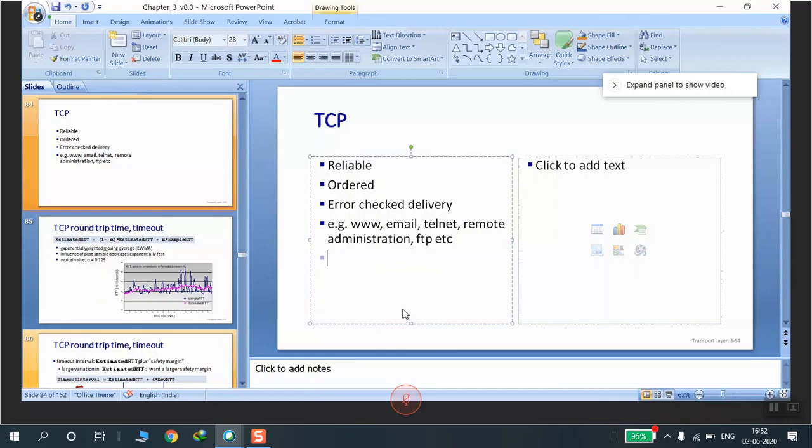So TCP solves our problem of lost packets, duplicate packets, and out-of-order packets. And also TCP helps us in minimizing network congestion. We'll see flow control to understand this.